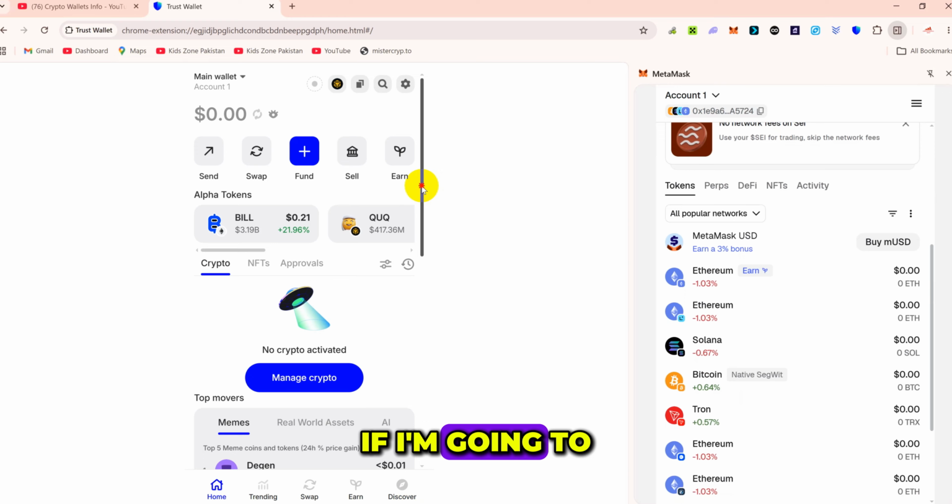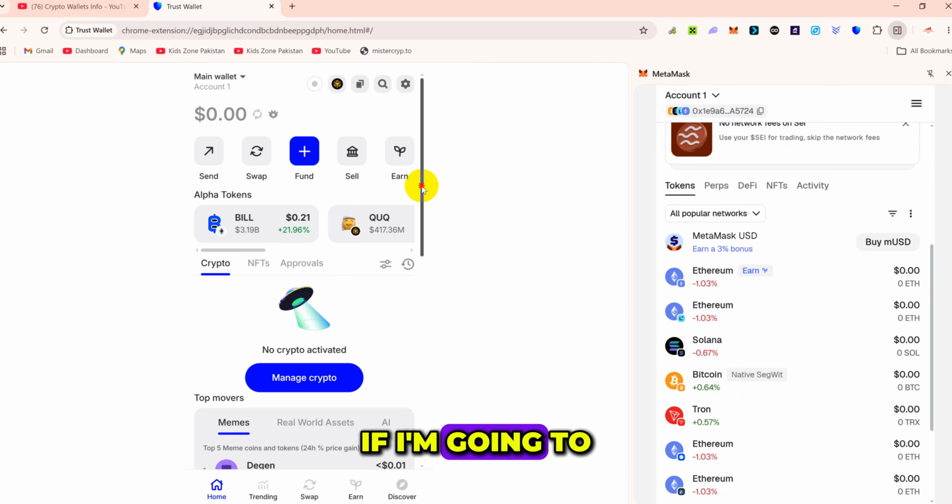Okay, I'm going to click on cross and go to the main screen of my Trust Wallet. Now we are going to start how we can use our Trust Wallet with MetaMask. So what will I need? I need my Trust Wallet, and I have already installed MetaMask in my system. When you install it, you just click on the MetaMask icon and then click on forgot password if you already have an account.